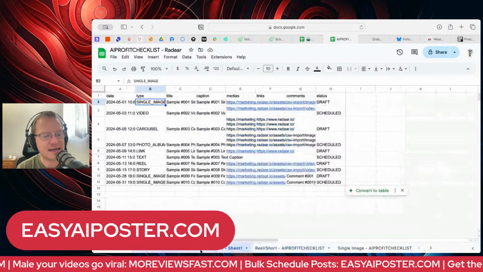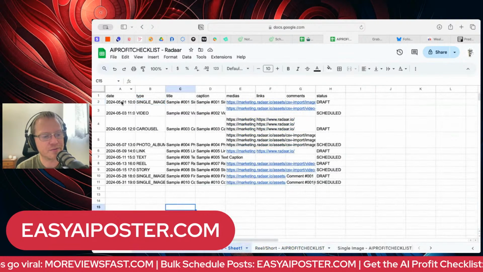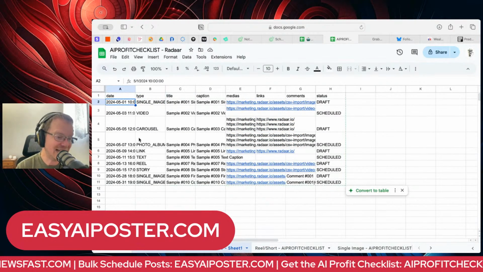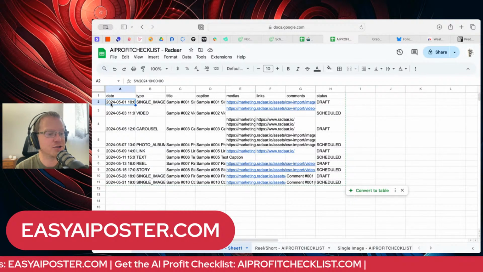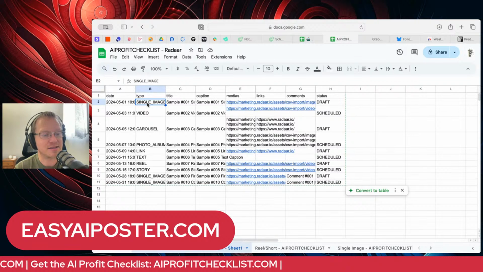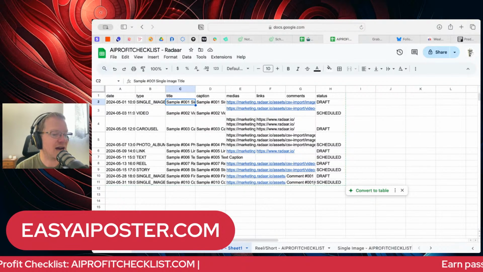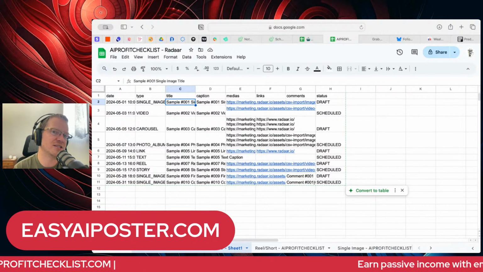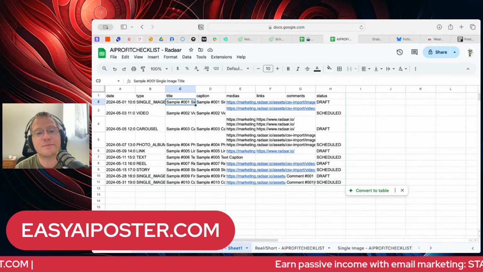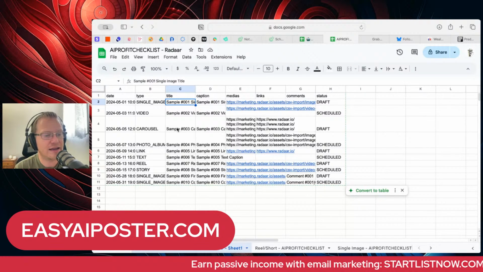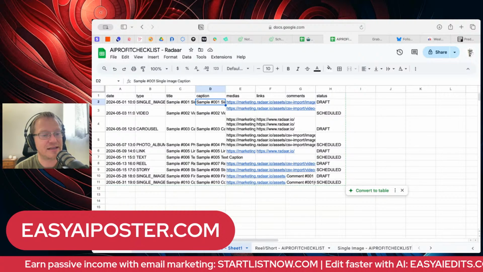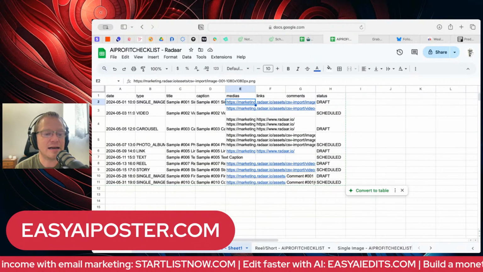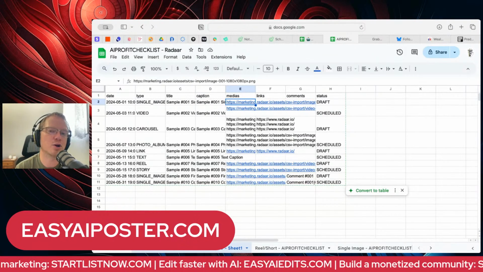This is the example. This is actually what it will give you. It will show you a date, like here it says 5/1/2024. And then it says single image. Then you have your title. You have to know what's relevant for the different types of things that you're posting. If you leave it blank, it just won't be filled in. Then you have the title, which isn't always the title that you need, then the caption, and then media is basically where you're hosting the file.